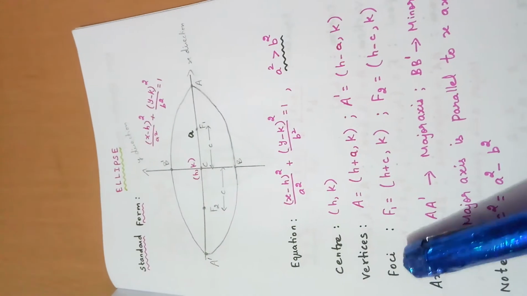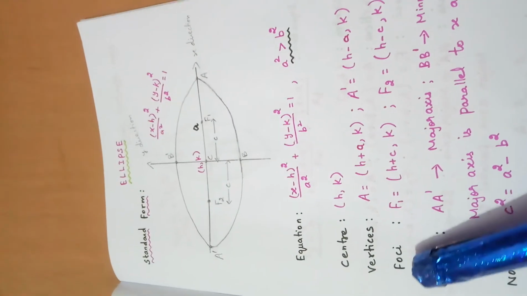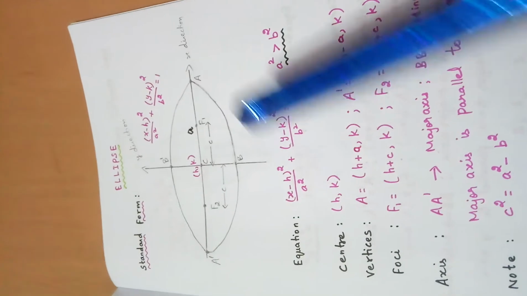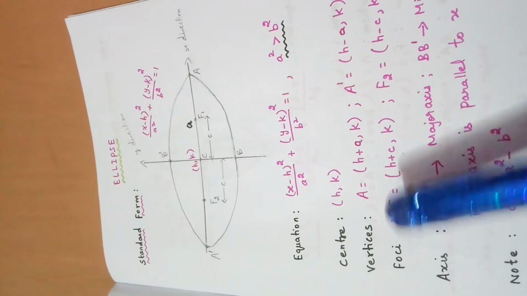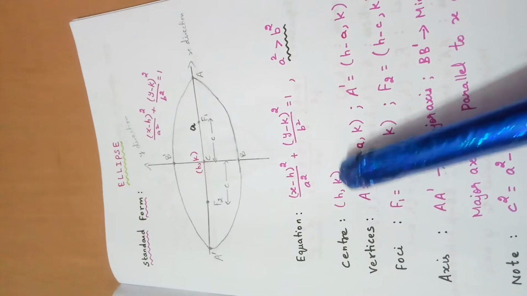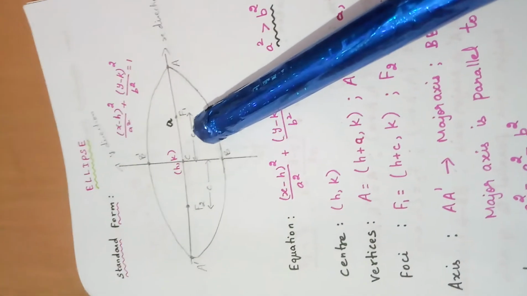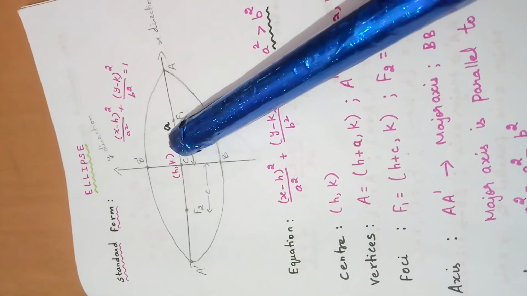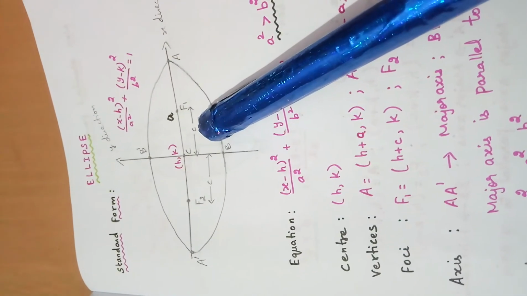Then we'll go for foci. Foci is nothing but plural form of focus. Since we are having two focus, f1 and f2, it is denoted as foci. Again, from center only we are going to obtain this. If you see this diagram, I have written one small c here. You can imagine this is capital C. Center, what I have represented is capital C.